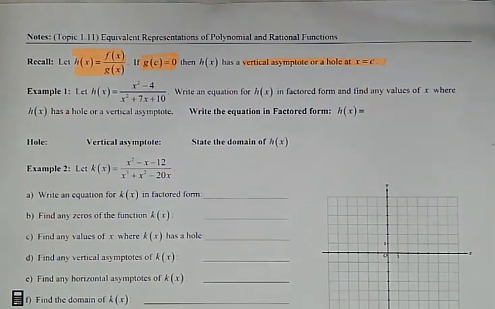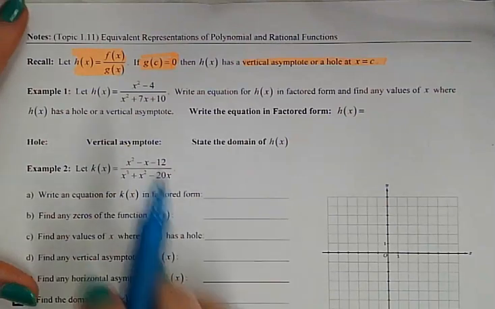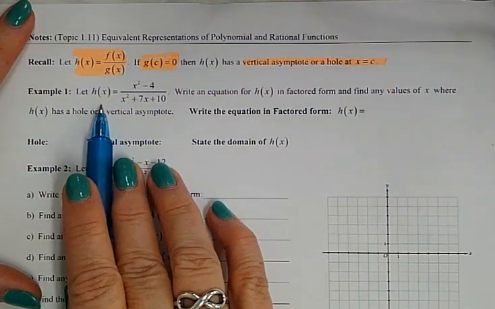So we're going to work through some examples today and look at some of these properties again, make sure everybody knows how to find them, do a little graph sketching, and then we're going to go back and talk more about those slant asymptotes that we learned about a little bit in our lessons 1.7 and 1.8. So the first thing that we have here in this example is a rational function named h of x,